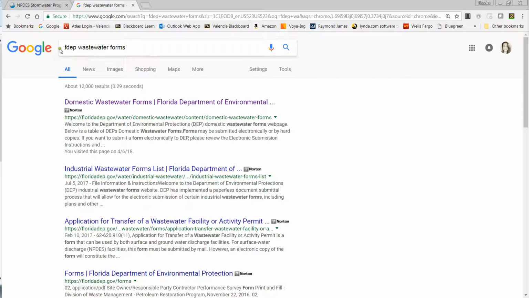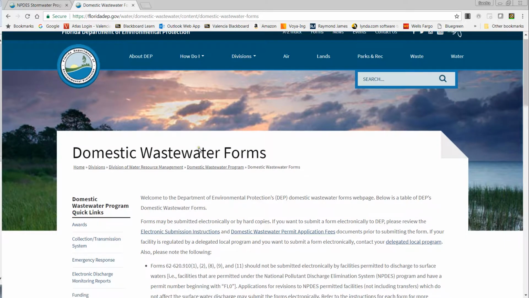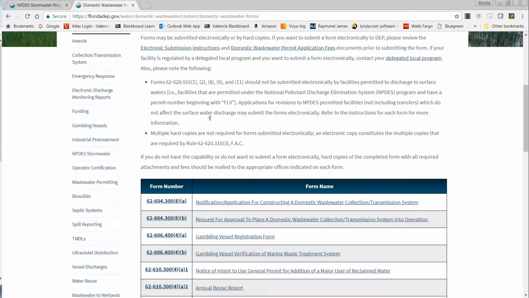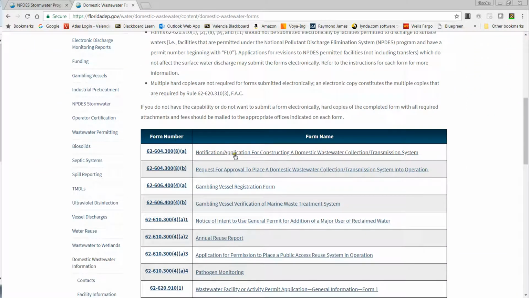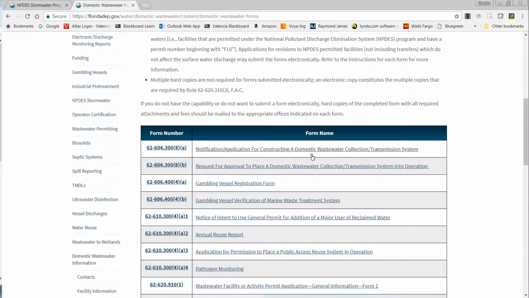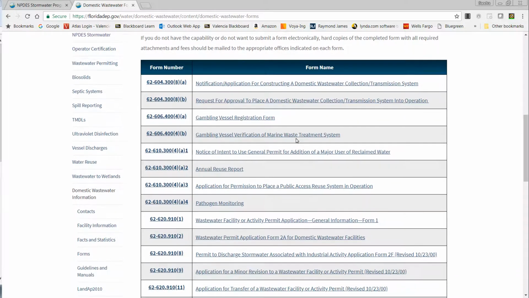So here I said I wanted the wastewater forms, so domestic wastewater forms. The wastewater forms, you've got a couple of options. Notification application for constructing a domestic wastewater collection transmission system. This is the one that we're going to take a look at first, and then we're going to look at